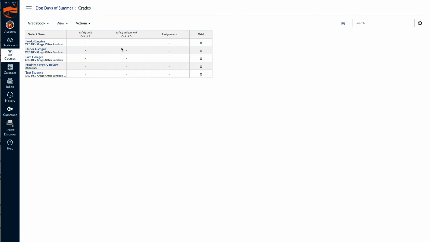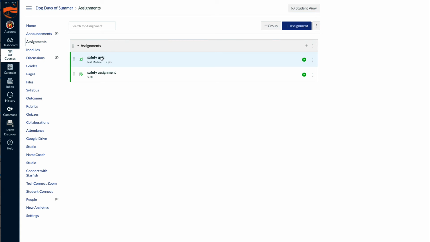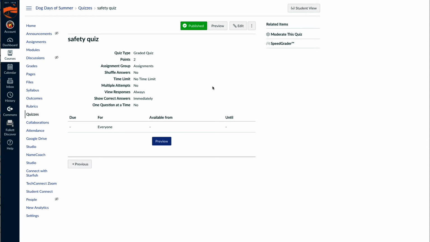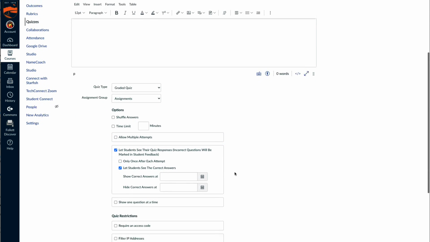And again, if a student gets a score, like if I type a number here, then it gets translated into the grading scheme symbol. If the student gets a perfect score, in this case, it's safe, and if I even try something like 4.9, it's not safe. So this works for assignments, but quizzes do not have that option for how to display the grades. There's no Display Grade as option here.